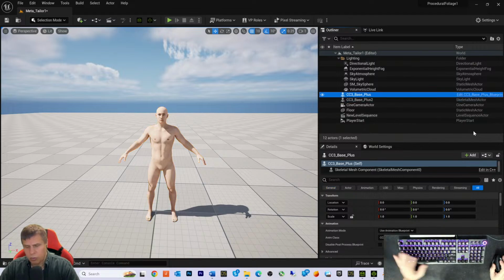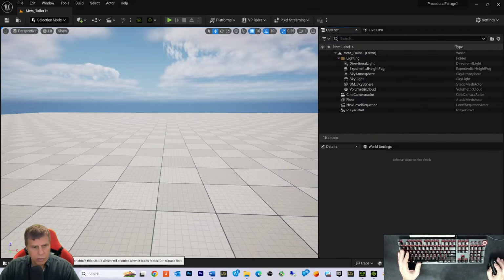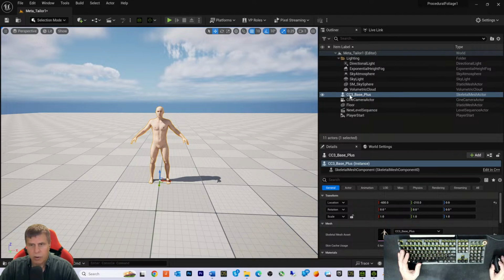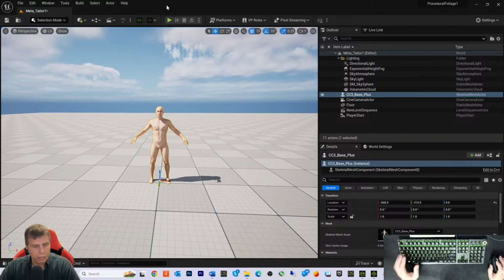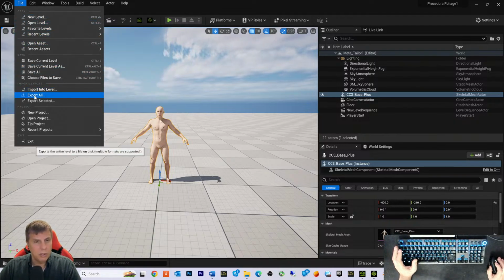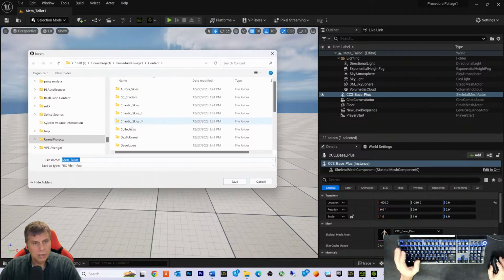CC base, which, okay, I've got to get rid of these bases. I don't know what I have here, but we just want one in here. Okay. All right, this base here, figure. Okay, file. Okay, let's save this. All right. Maybe I should use the blueprint, but I'm not sure which one, so I'm going to use just the base figure. Export selected. Okay, that's all we have is him selected. And now this is going to be